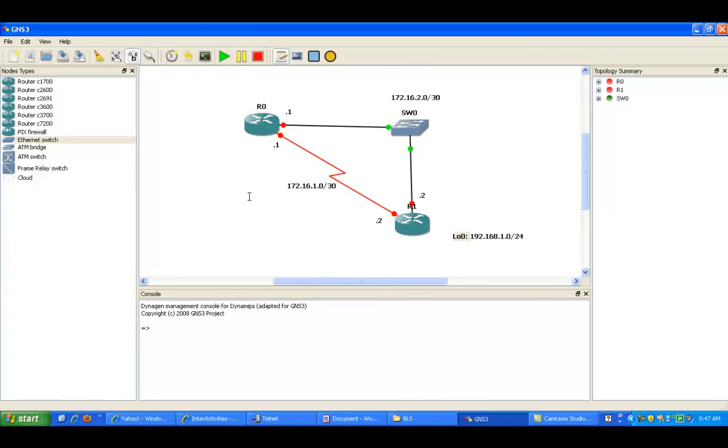Again, router 0 and router 1, we're going to have a floating static route over the serial link here. We're going to put it, and then over the fast Ethernet we will